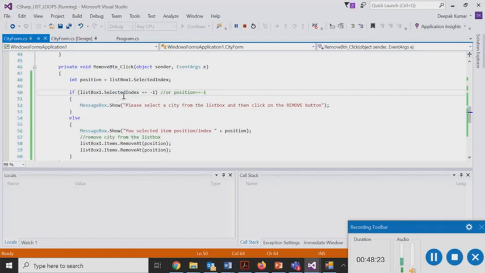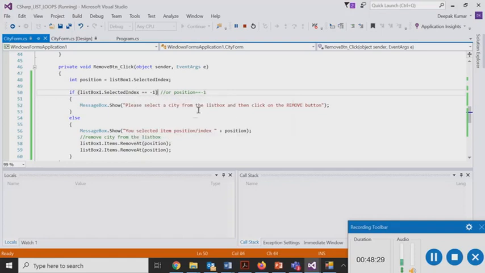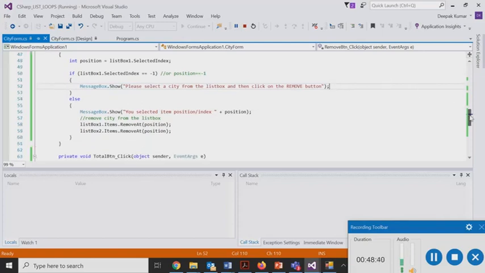Also we added a little bit of code, an if construct over here, to control a situation if the user hasn't selected any value. So in that case, this selected index returns a -1 value, and we can control that error by showing a message box to direct the user to select a value first. Once the value has been selected, that means if the selected index is not equal to -1, then you execute the else statement here, and as a result you are removing the values from the list box.